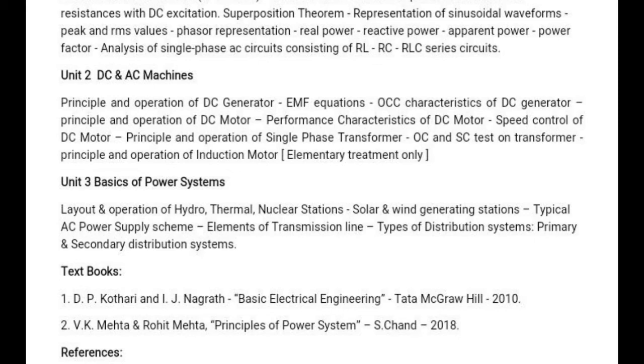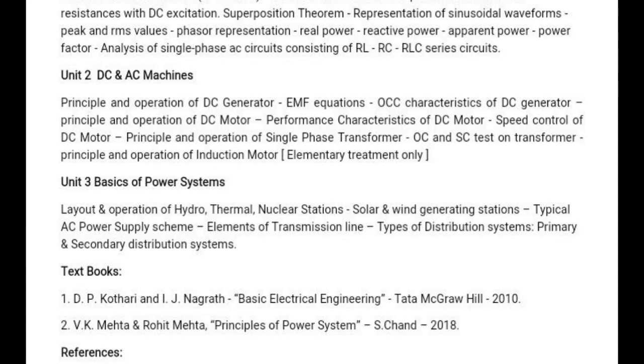What is primary distribution? Which voltage does primary distribution come under, and which does secondary distribution come under? Primary distribution voltage levels will be 33 kV or 11 kV, whereas secondary distribution voltage levels will be 440 volts to 230 volts. Our house, that is domestic consumers, comes under secondary distribution, whereas large industrial consumers come under primary distribution. How the power is distributed is explained in basics of power system.